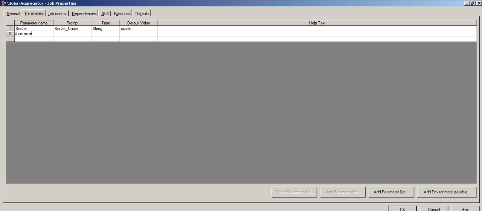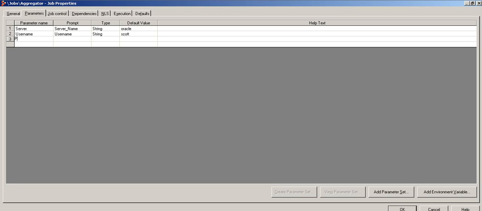And the username is just username again, and it's again string. If you have a real-time project, you will have the path here. That path we're gonna have in the default value, but since it's on a personal system, I'm just gonna say Oracle, and username is I have Scott,